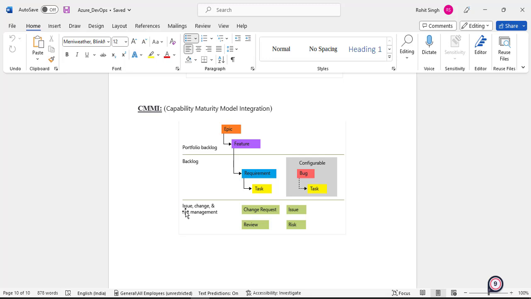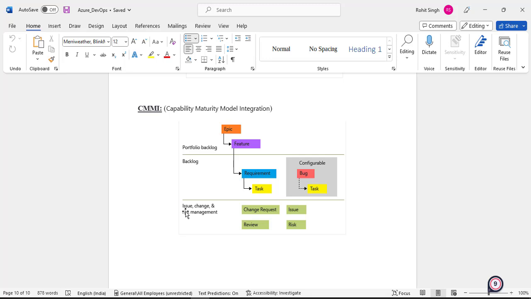But let me tell you, till this date I have not seen any project using CMMI, because they don't want to mix up things, so they want to keep things separate. Software development is done using Scrum or Agile, and the operational support, P1, P2 and all this change management and risk management, is done through ITIL tools. But yeah, if you have any project wherein you want something additional, change management and risk management done, then you can make use of this CMMI model.